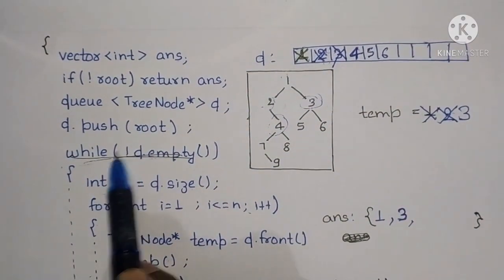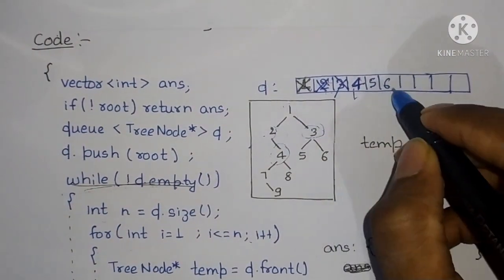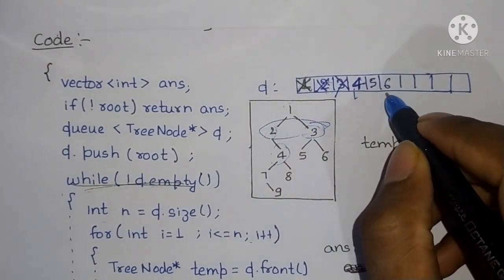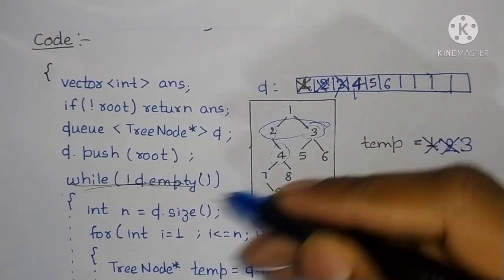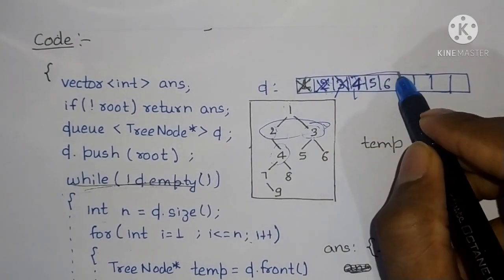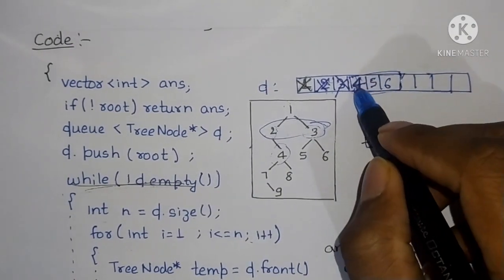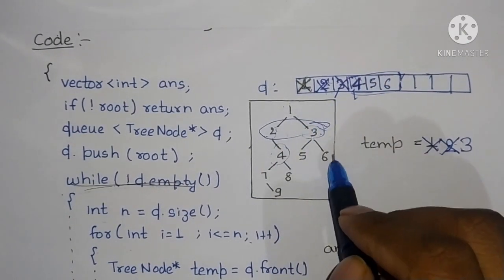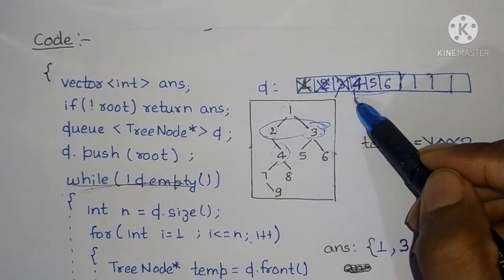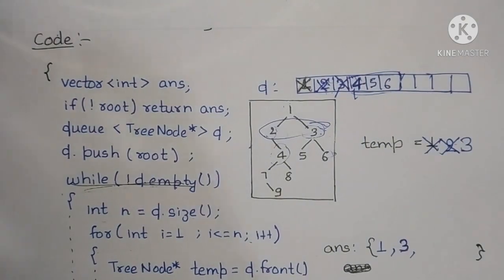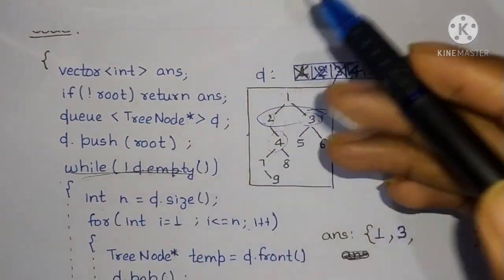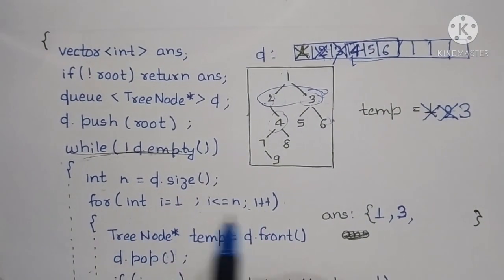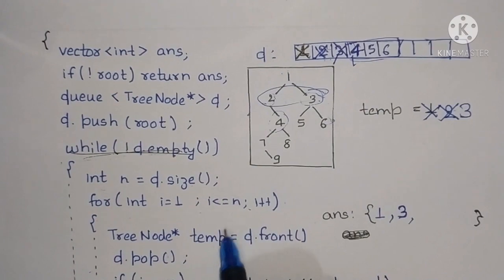So again the queue is not empty, and we can see here, friends, that each time a level ends, the next level is completely present in this queue. See here, 2 and 3 ended from the queue, but 4, 5 and 6 are there now. Okay, so for this also the same thing will happen, that this for loop will run 3 times.